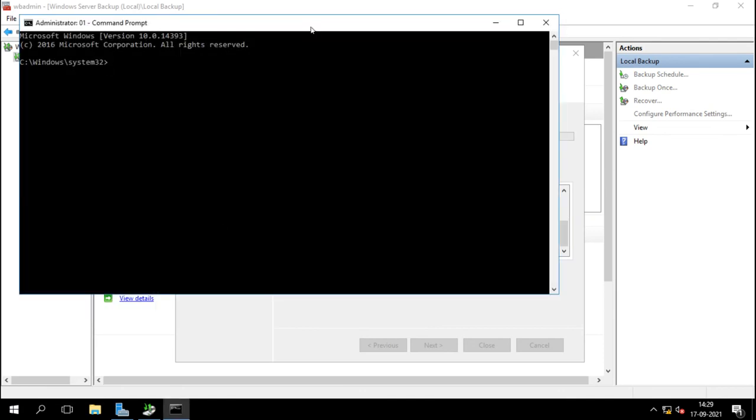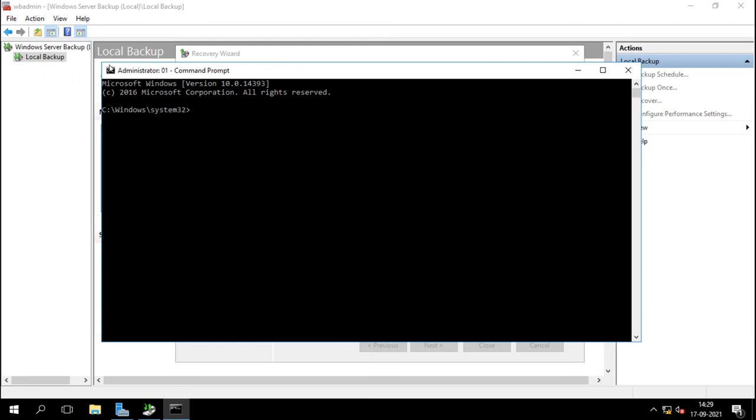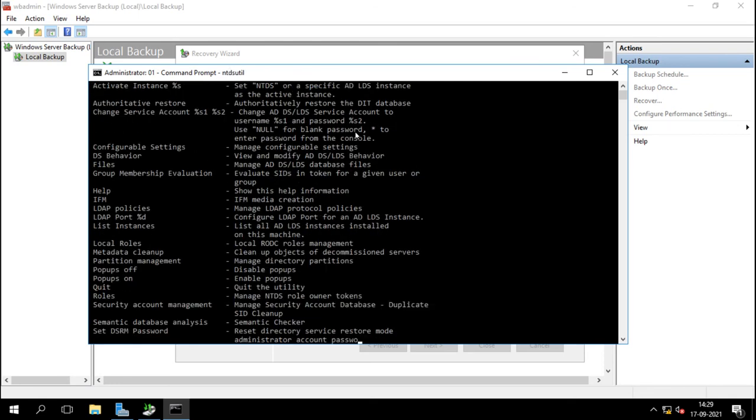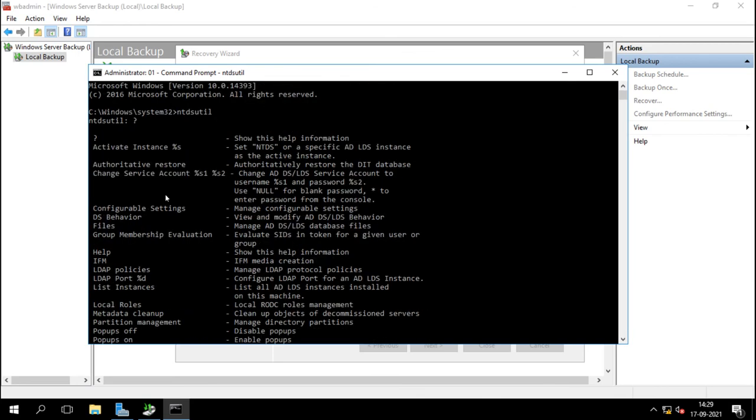I will increase the font. Okay, it is not increasing. Okay, so here I will run NTDSUtil, and under NTDSUtil we have the option to do the authoritative restore.